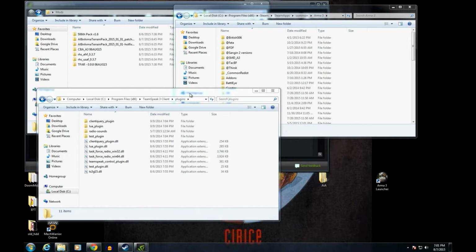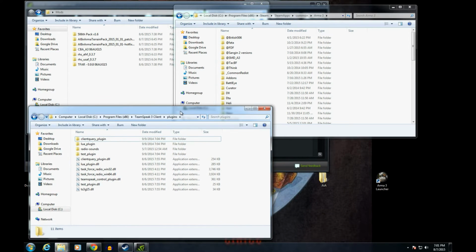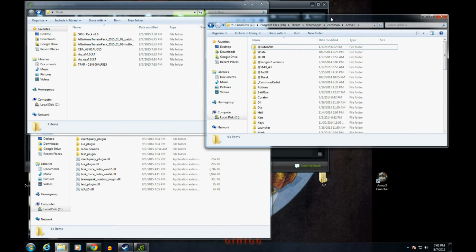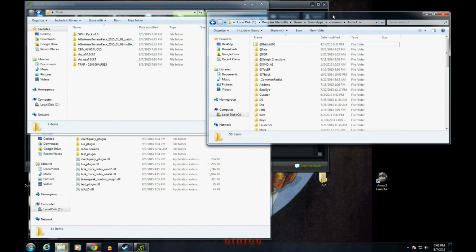Everybody, I'm going to show you, hopefully, how to install your mods for the 506. It's pretty easy, but for those of you who have never installed mods for Arma before, hopefully this will help you out. First thing you want to do is go to your Steam